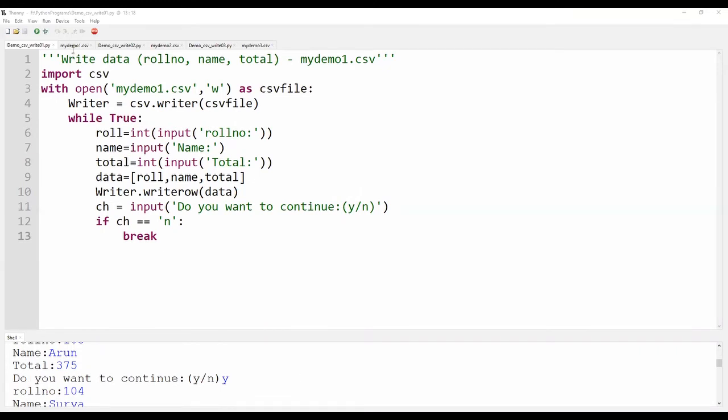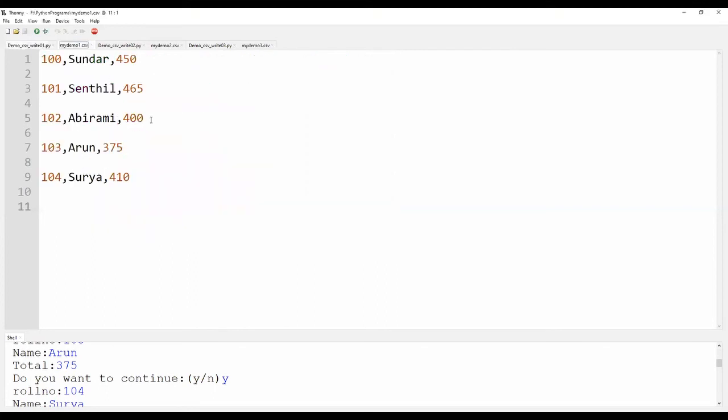Here, when I open the CSV file, namely mydemo1.csv, the data looks like this. That is, you can see after each record, you do find a blank space there.